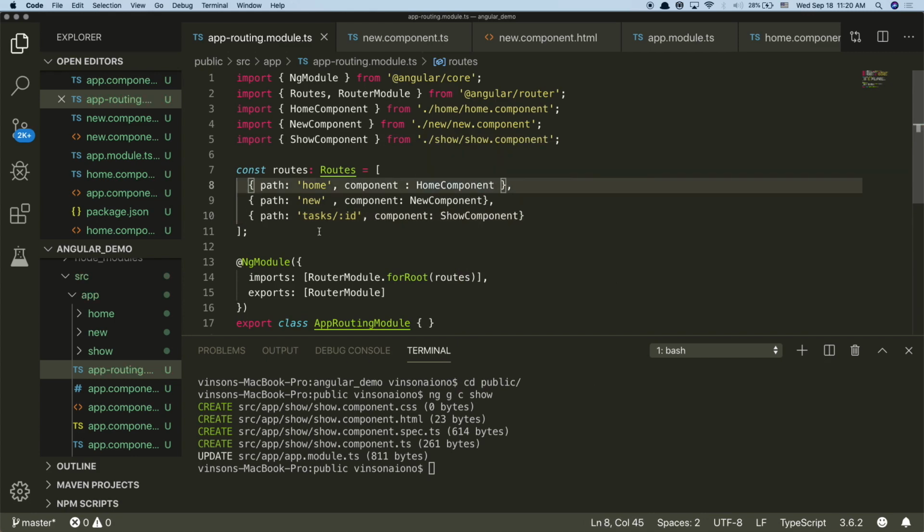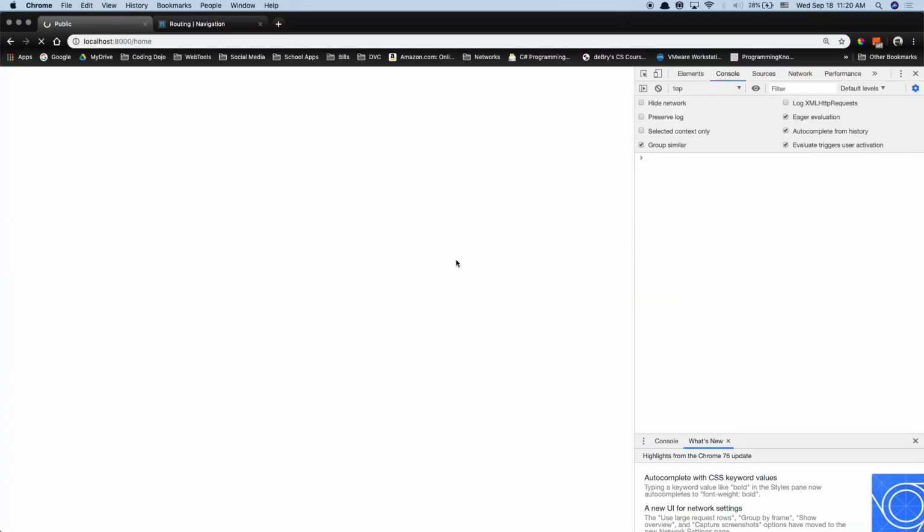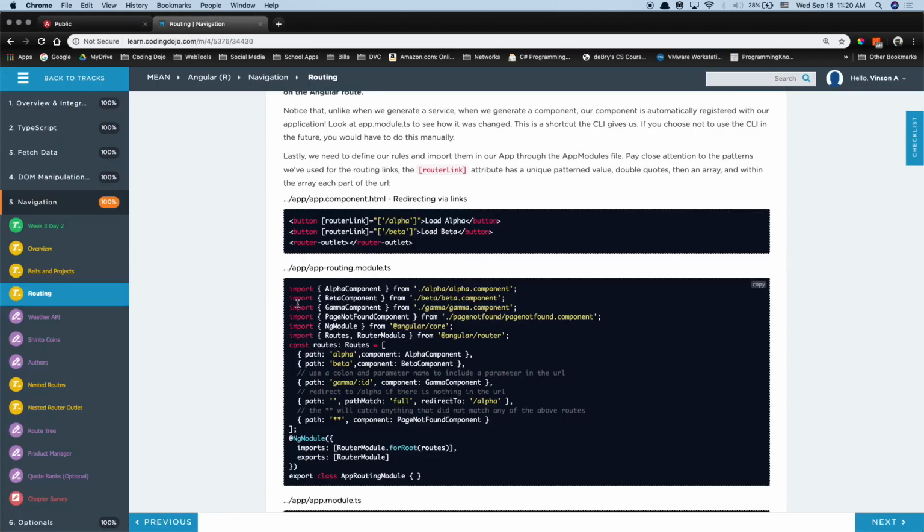So now this is going to catch that ID. If we test it out and actually click on it, we do get to show the show component, right? And the ID is also in here on the URL. So now we have to grab that ID from the URL, then use that ID to make a query to the database, right? Now that shows you how to do it in the platform